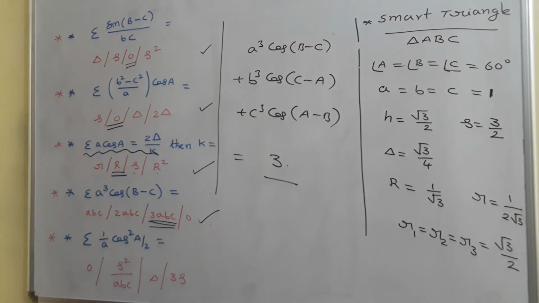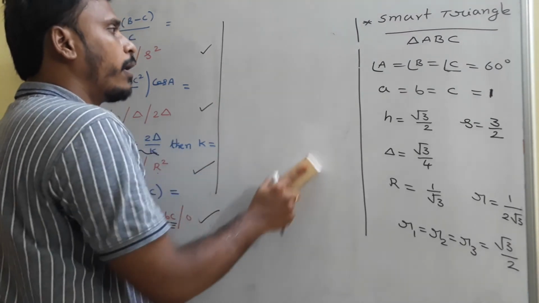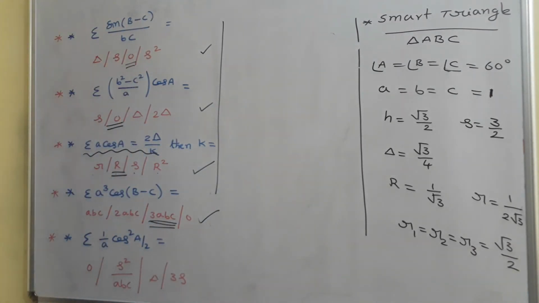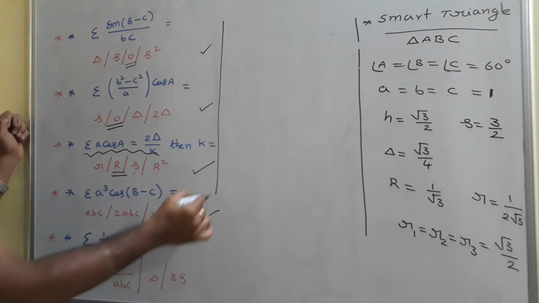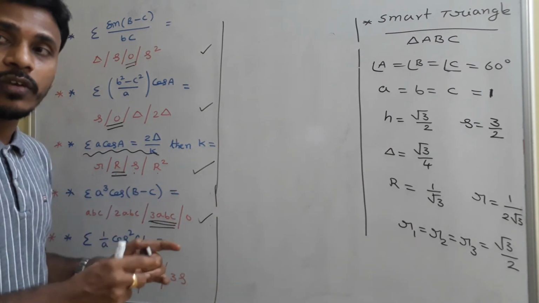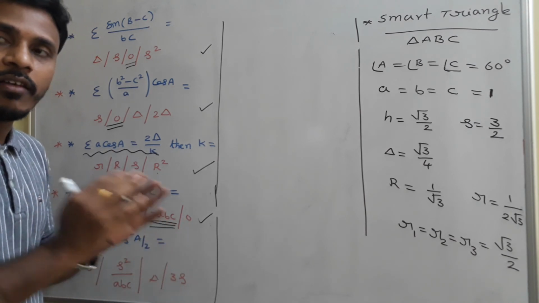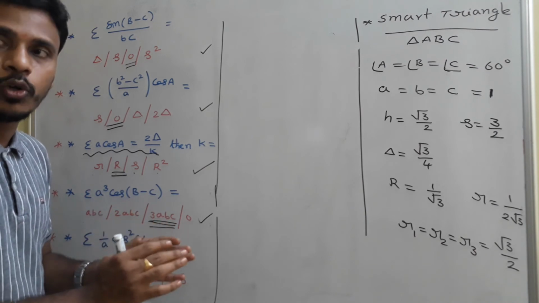Already you know the way of solving all these problems in a regular manner without using the smart trick. But at the end you need to learn this also. Why? Because in objective examinations you need to know the way of solving these objective questions, and that's why we are mentioning it as just an objective approach, the way of solving objective questions in a smart way.